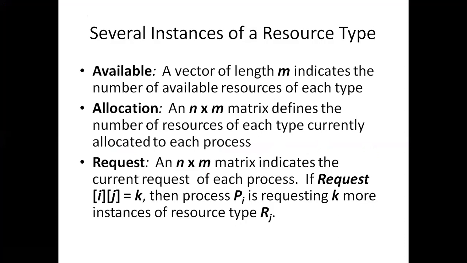And then here we also need to discuss one algorithm, the same as usual. There are three types of data structures here: available, allocation, request. Available means the available number of resources of each type. When there are several instances, each resource has a different number of instances. That means R1 has 5 instances available, resource R2 has some K instances available, like that.